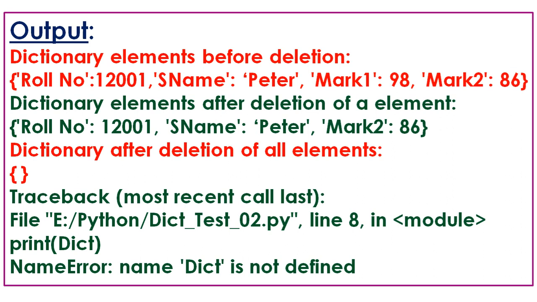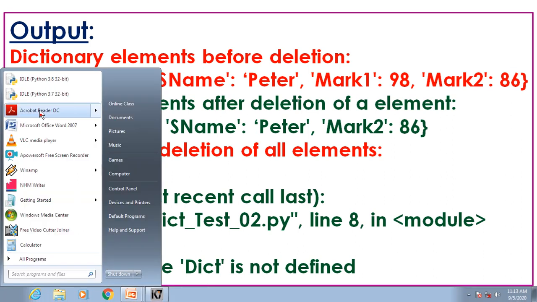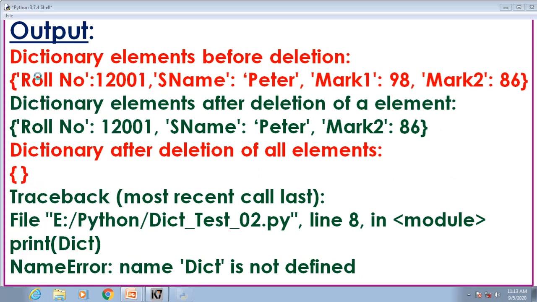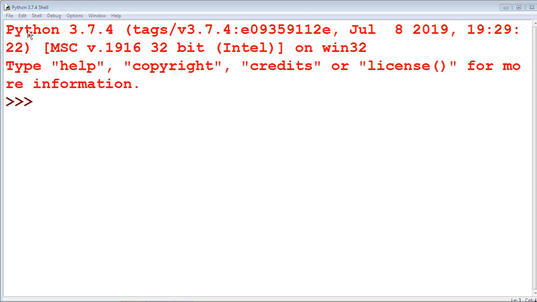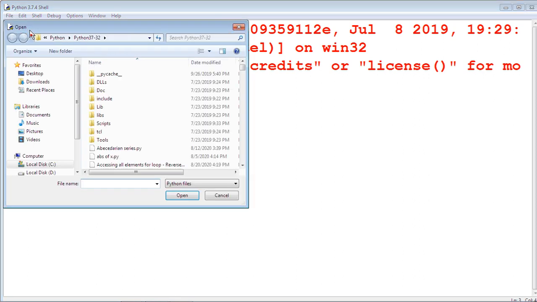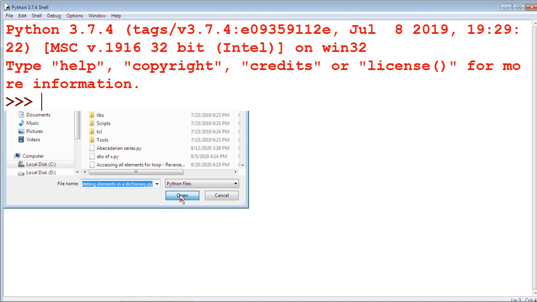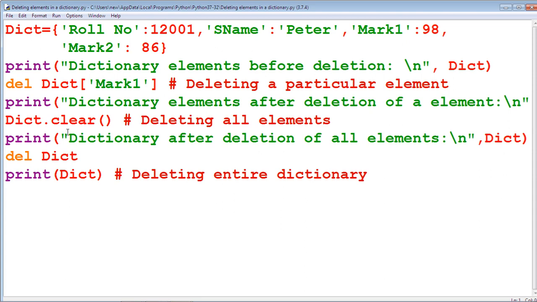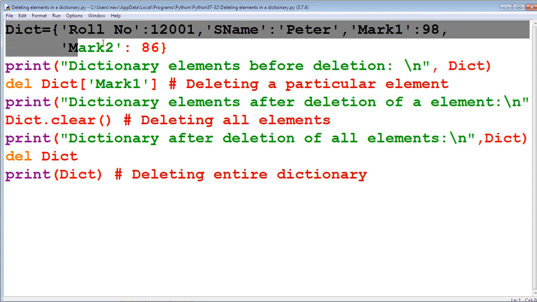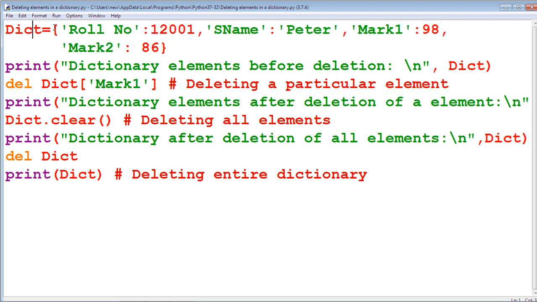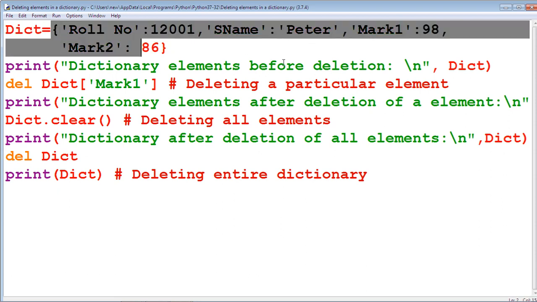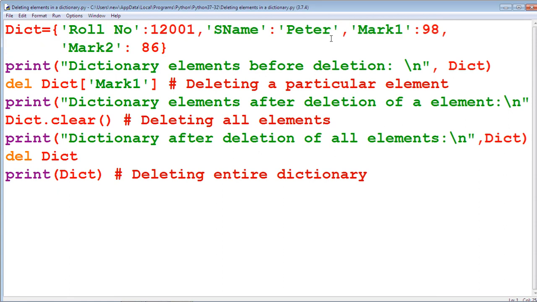We are going to see this example by using the IDLE window. File open, deleting elements in a dictionary. In the first statement, the dict contains the 4 elements: roll number, name, mark 1, mark 2.